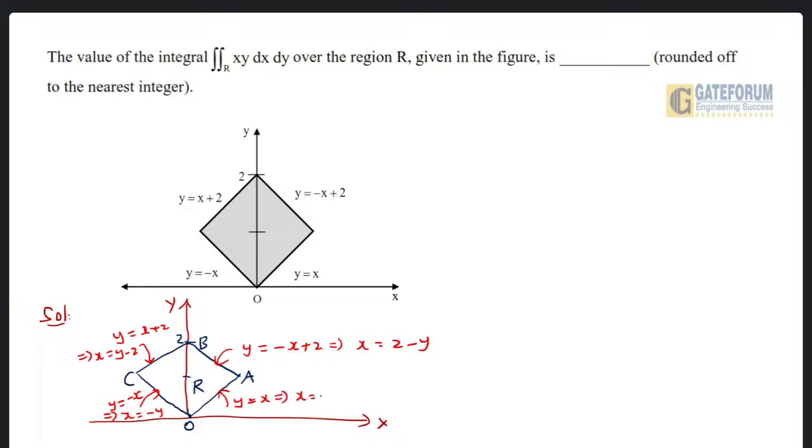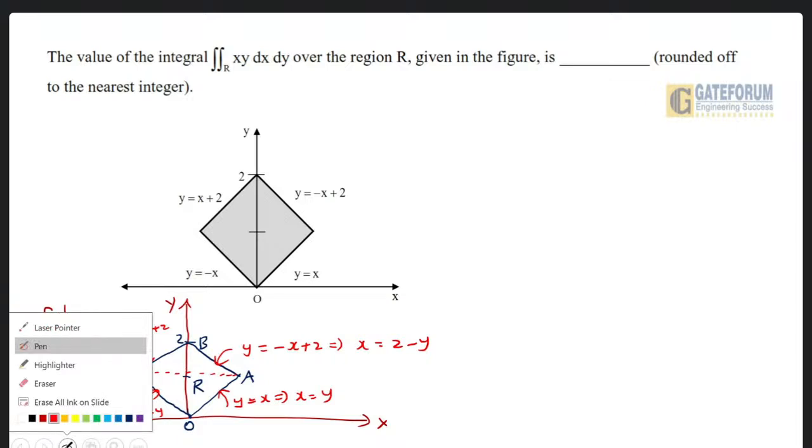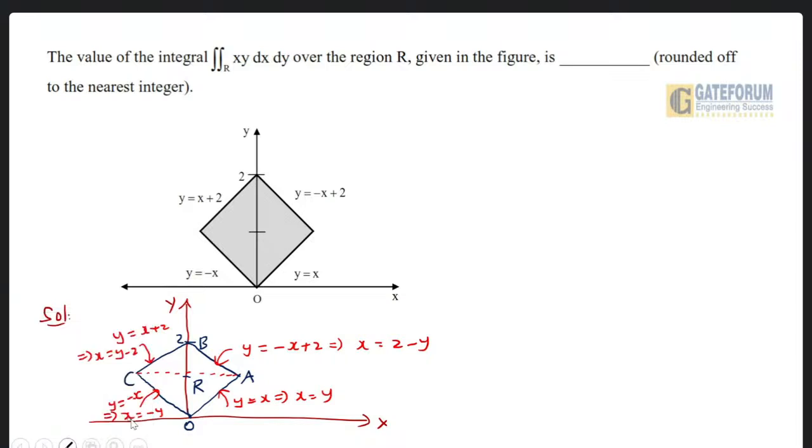Implies x is equal to y. So this is indicated by dotted lines. By the red dotted lines, this region is divided into two parts, R1 and R2. Okay. This is R1, and this part is R2. Okay. So